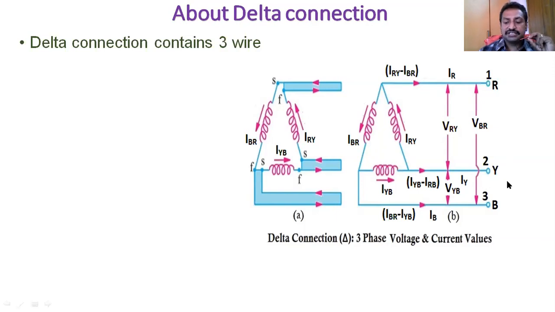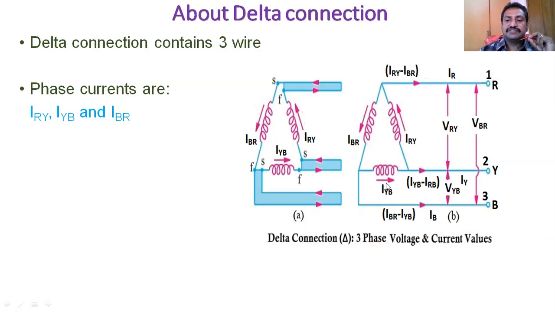So in delta connection, we cannot get single phase supply because no neutral is available. So we want to discuss this. VL is equal to V phase in case of delta, but the currents are not the same. IL and I phase differ. We'll see what is what. Between R and Y the phase current is IRY, between Y and B it is called IYB, and between B and R it is IBR. How will this current flow? In the clockwise direction, in this way.